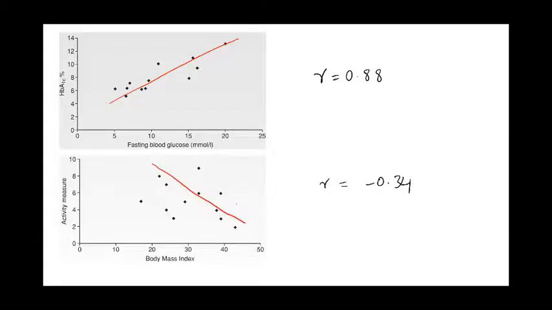And similarly here we see initially these are higher numbers and they're decreasing. So this would be a negative correlation and this is minus 0.34. So correlation could be negative or positive, and it could be between 0 and 1. And the closer it is to 1, it means it has a stronger correlation.